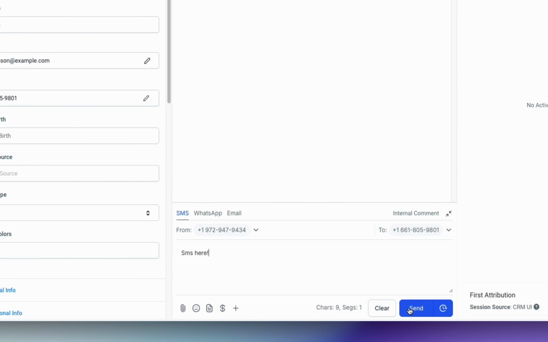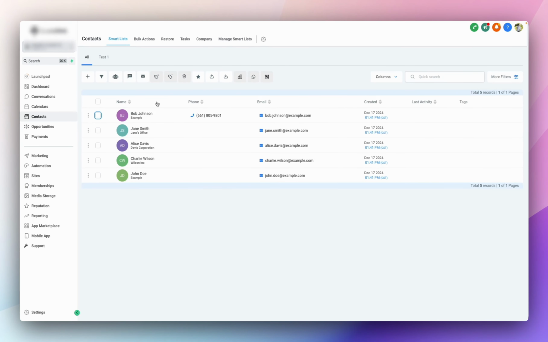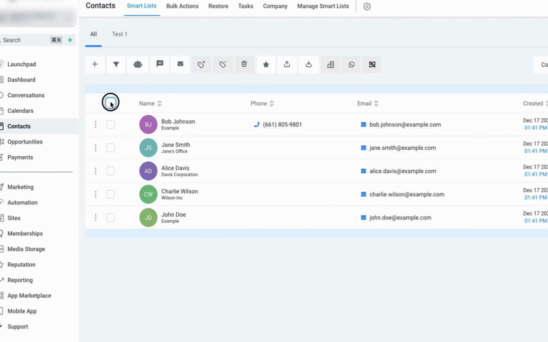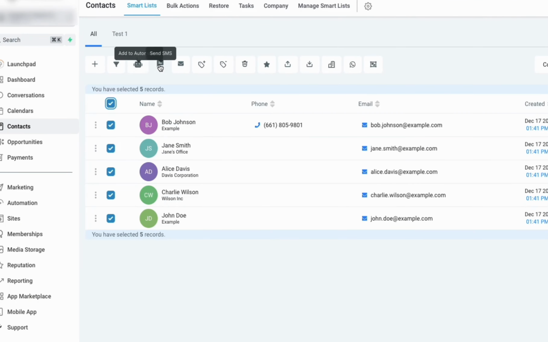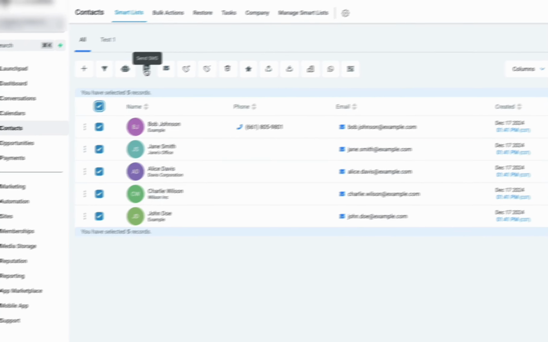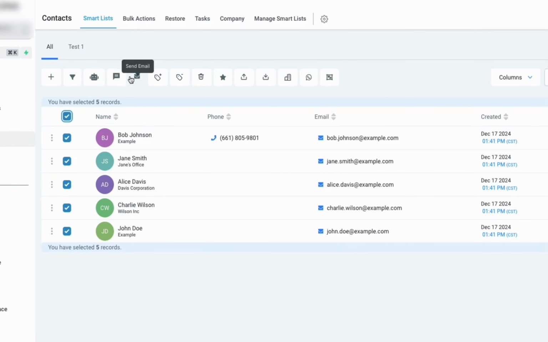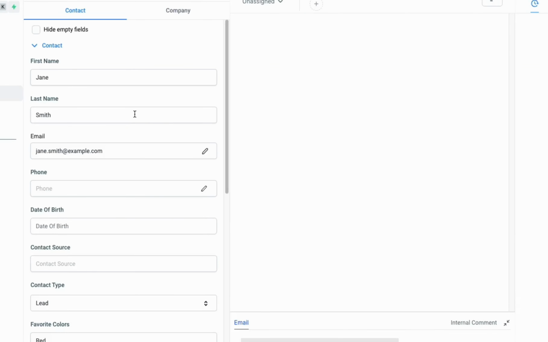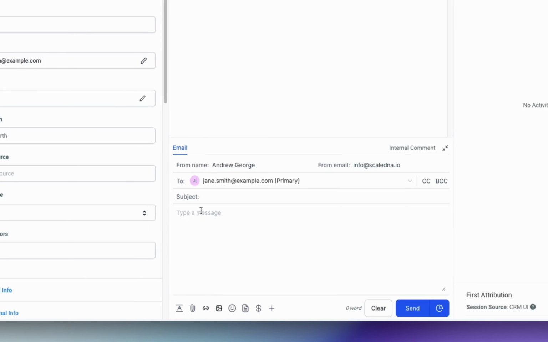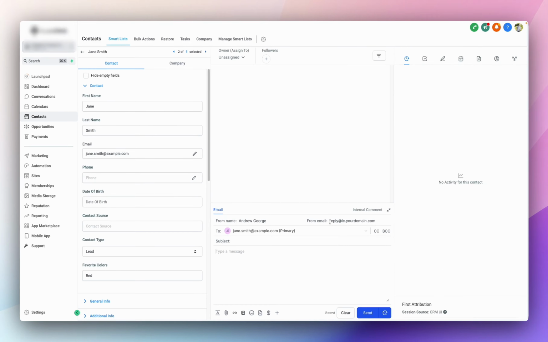message, and click Send. You can also send an SMS to multiple contacts by using the checkboxes on the left-hand side and using the Send SMS action in the top toolbar. We can also send emails to these contacts in the same fashion by either sending them in bulk using the Send Email action or sending an email to a contact directly through the contact card and selecting Email, typing our message, and clicking Send. Just be sure to set your from email as the email that we created earlier in